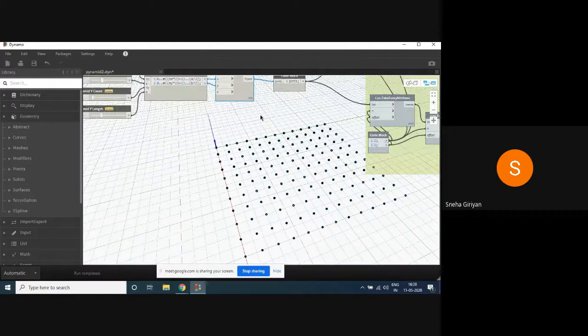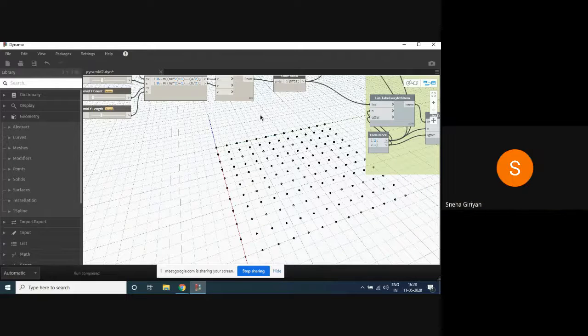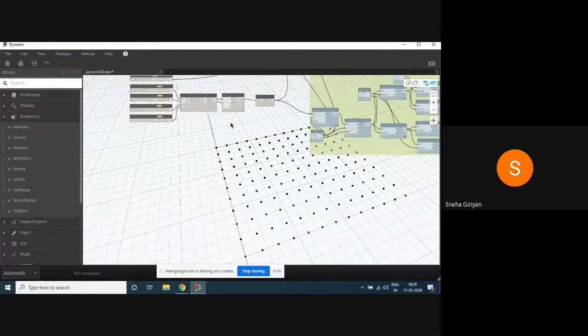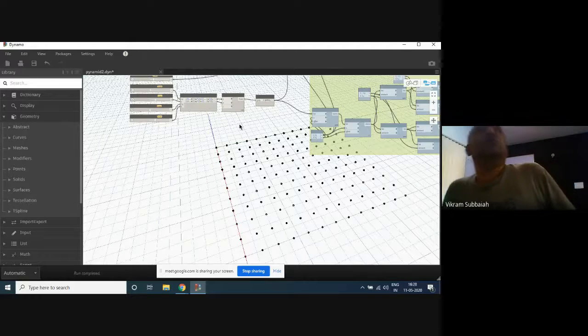What he wanted was to create these pyramids on that kind of surface. That is similar to the transform concept you had shown, but we won't even do it with transform. We'll do it right from the beginning. I want to show you something else.